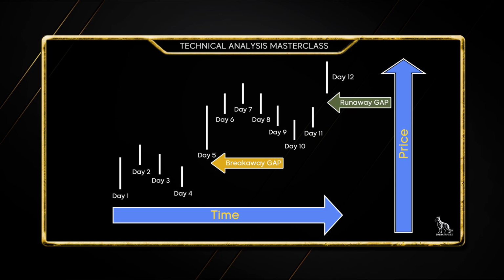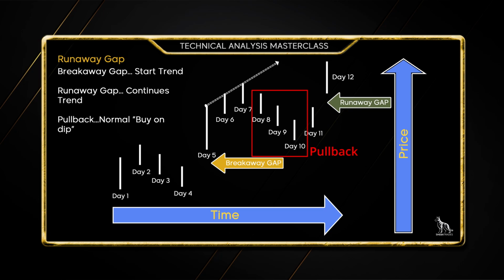So if we were to look at this in a different way, you could see that the black line shows the trend from the previous breakaway gap starting on day 5, and then we have a little bit of a pullback, which is normal. People will buy that dip. We had that little trend of 3 days. People sell a little bit, maybe some profit taking, then some new buyers step in. So that all goes down, and then the new buyers come back in and reinforce that trend.